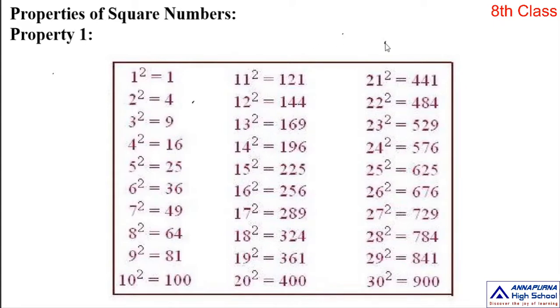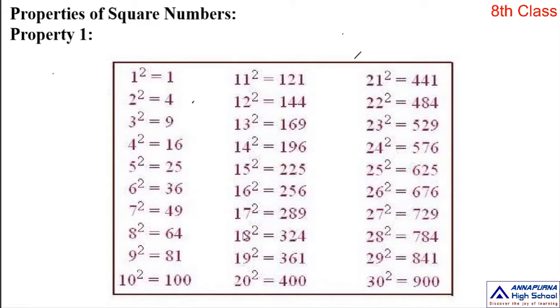Okay, so property 1. Here one table is given, just observe the table. In the table we have the squares of 1 to 30. 1 square is equal to 1, 2 square is 4, 3 square is 9, 4 square is 16, 5 square is 25, 6 square is 36, 7 square is 49, 8 square is 64, 9 square is 81, 10 square is 100, 11 square is 121, 12 square is 144, 13 square is 169, 14 square is 196, 15 square is 225, 16 square is 256,